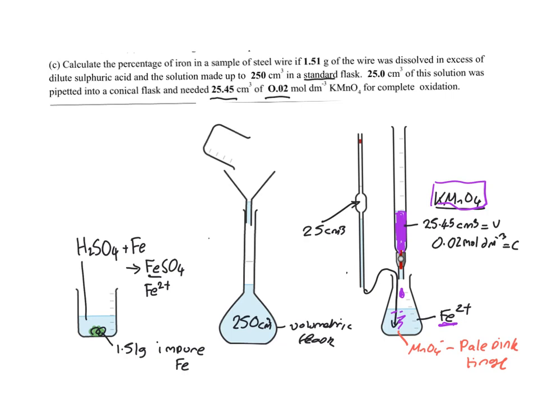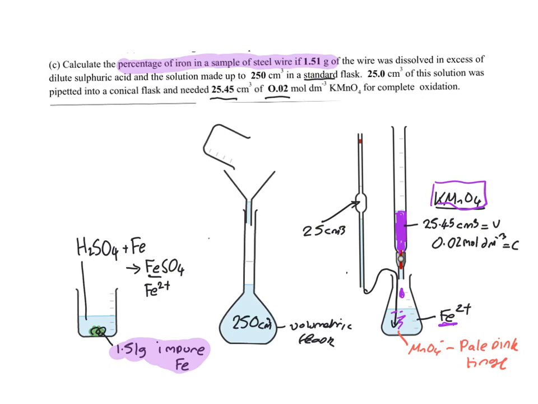So what are we being asked in this question? We're actually being asked to calculate the percentage of iron in a sample of steel wire. Now we have the mass of the impure wire, so if we can find out the amount of iron in the impure wire, we can work out its percentage